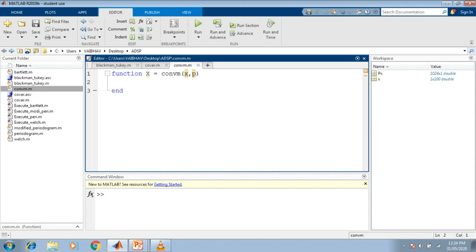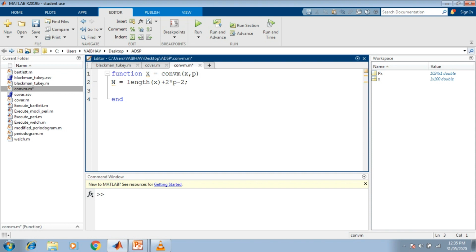Here capital N is the entire length of the discrete time random process, so we compute capital N simply by operating the length function over X, and here it is to be added to 2 multiplied by P minus 2.